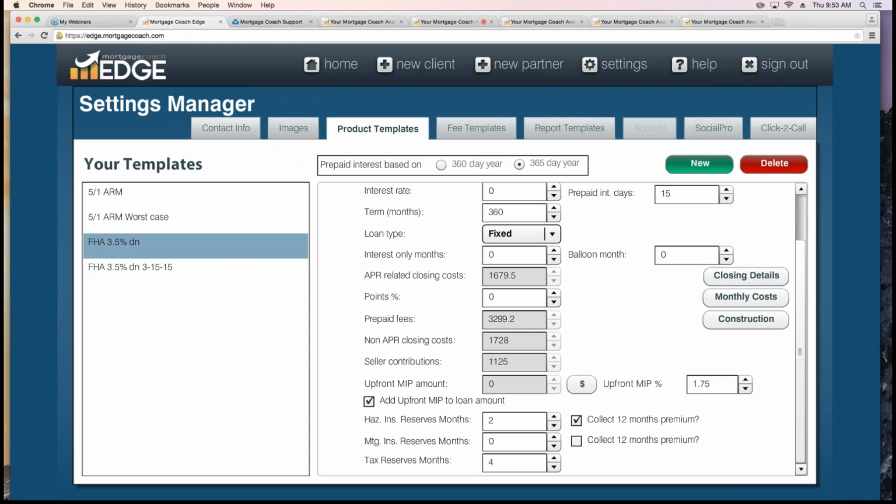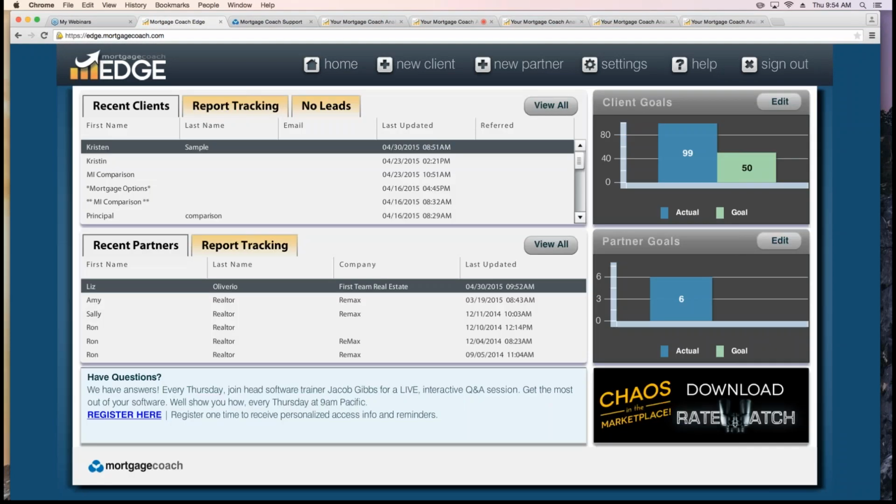And I do have a question from Bill, and he's asking about reviewing an open house flyer with a customer, and then the customer would like to see a TCA. You would have to start a new file, but let me show you a quick and easy way of doing it. So I'm going to go ahead and click on Home, and there is no way,